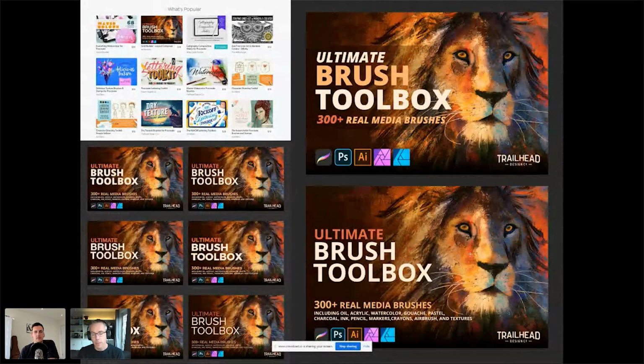And then I also made some comments, because there's kind of a gradient fill going in from the background. I'm like, well, maybe it would be a bit stronger without that. It might be a bit cleaner and put more emphasis on the beautiful painting. And in terms of the colorway for the text, we could do a little bit of work on the hierarchy of that as well, making sure they look at Brush Toolbox first, which is the most important, and then Ultimate, then what's actually in it.